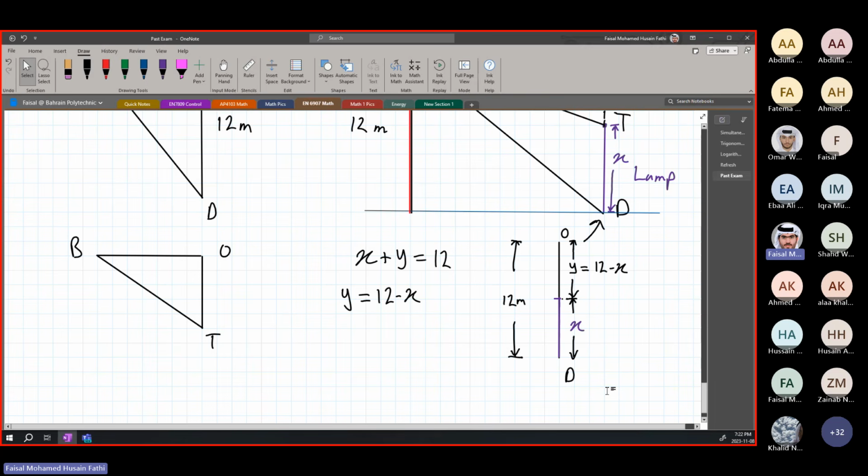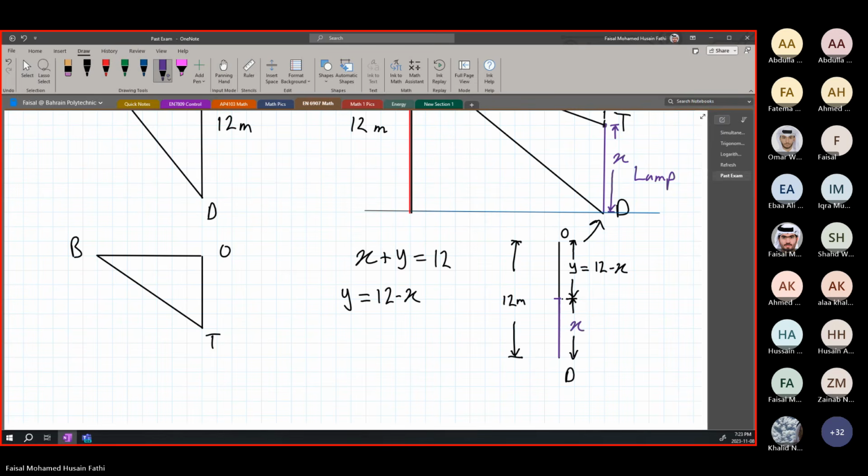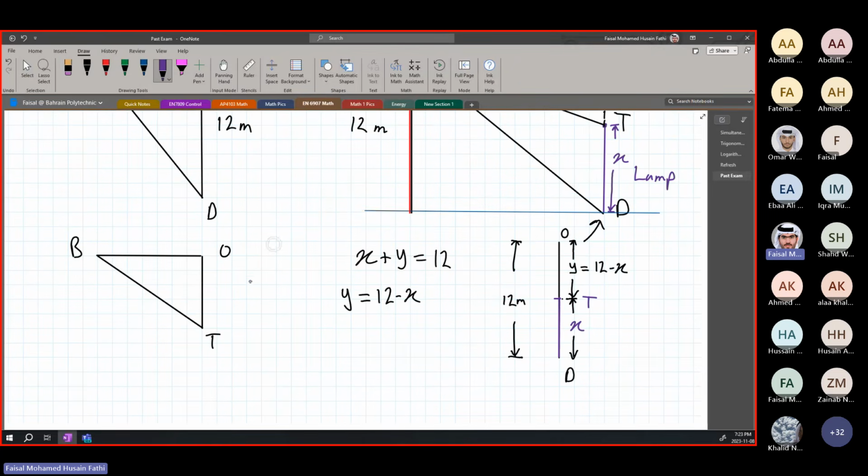If we have a long distance and we cut it at a specific place, of course the bottom side plus the top side equals the whole piece. Now what is this distance? Let's assume this is OT. From O over here to T, what is this? This is the small triangle's distance, OT. So we know that this over here is Y. Y is equal to 12 minus X, because this is our OT. This is the same height.